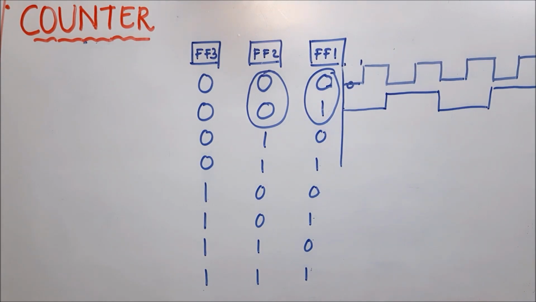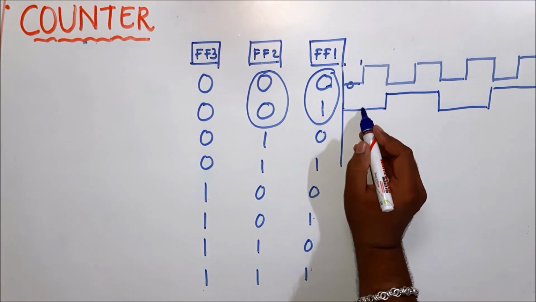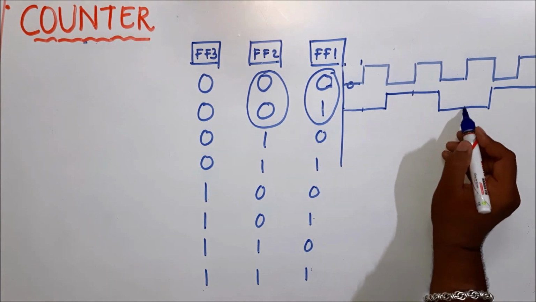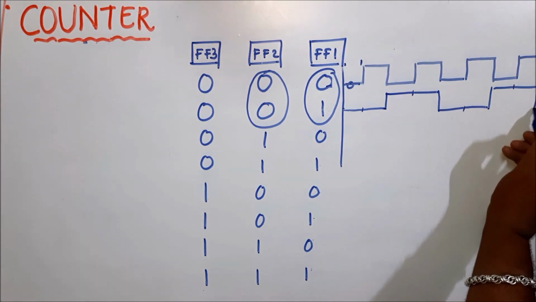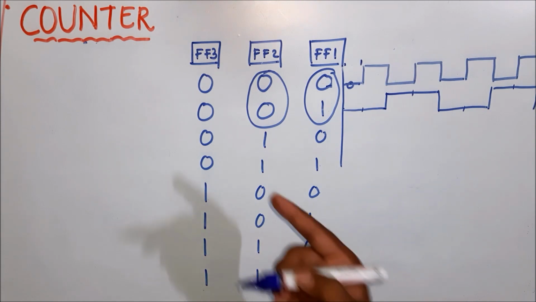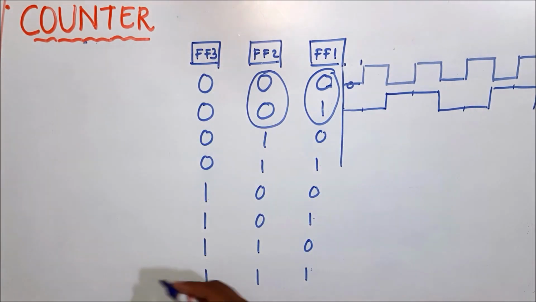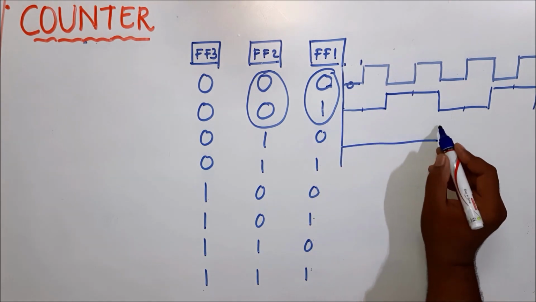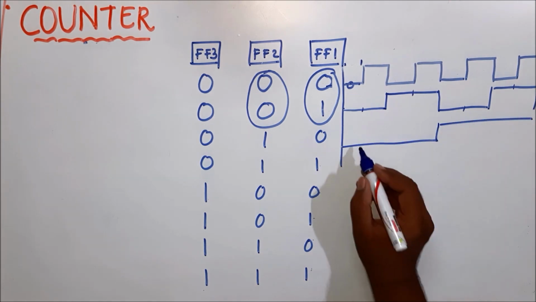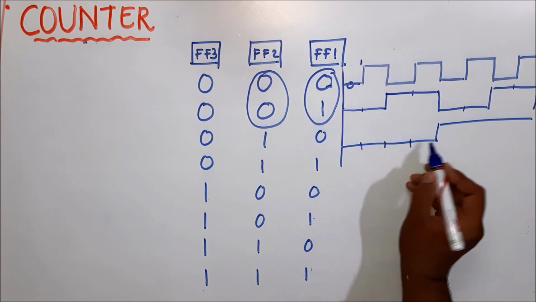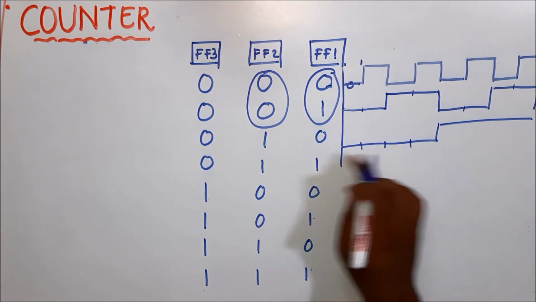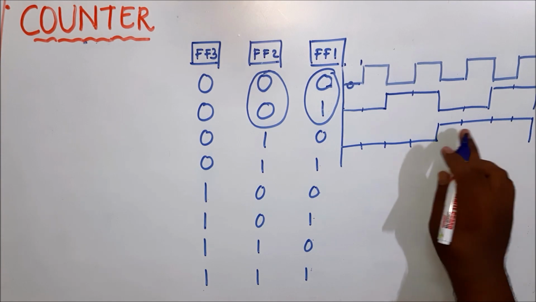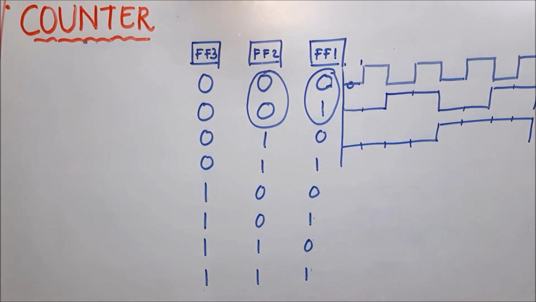Yes or no? So you can see 0, 0. Here up to 1, 0. Here 1, 0. Then 1, 1. 0, 0, again 1, 1. Clear? And if you draw the diagram of flip-flop 3, you can see up to this value we have 0, then I am having 1. You can see 1, 2, 3, so 0, 0, 0, 0, 4, 0 and 4, 1. 1, 2, 3, 4. Yes or no?